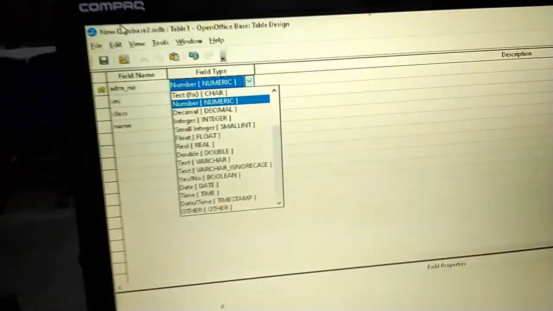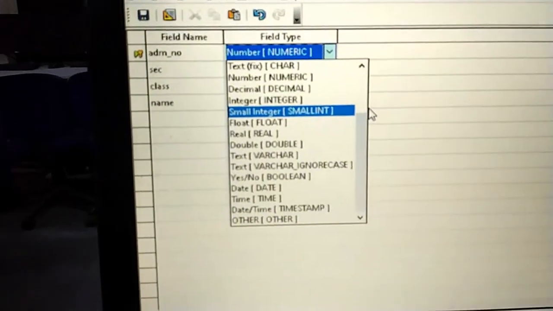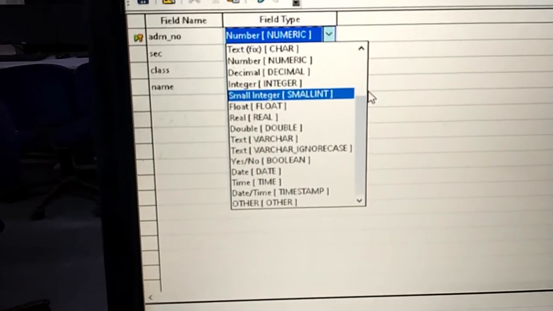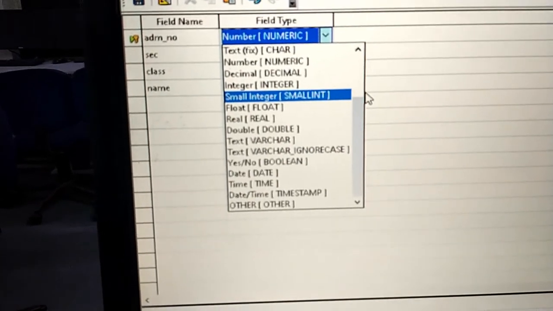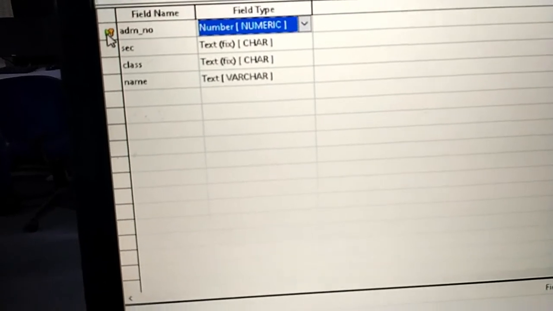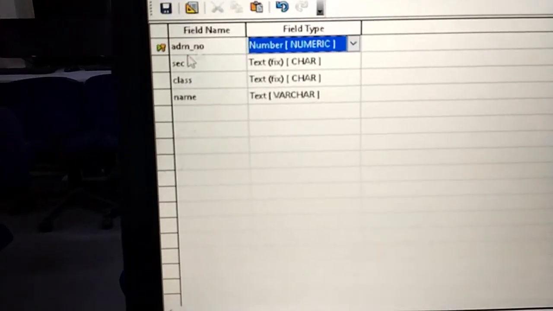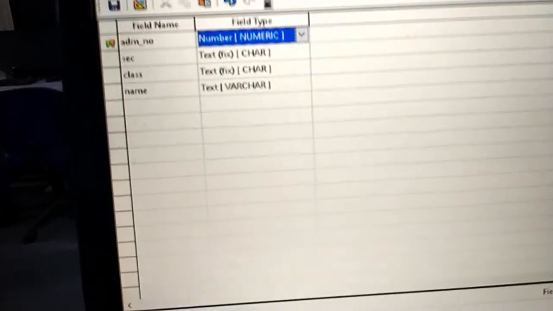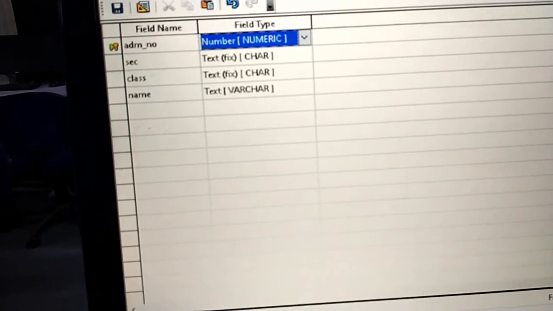That's all. I hope with this video you'll be able to create a table nicely in the design view, and you'll be able to modify the table also. You'll be able to enter the data into the table. You also learned how to create a primary key, as I've shown you. If you are not creating any primary key at the time of designing the table, the moment you try to close it, immediately it will ask you, there is no primary key created, do you like to create it?